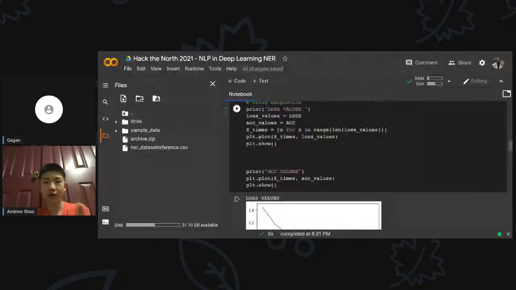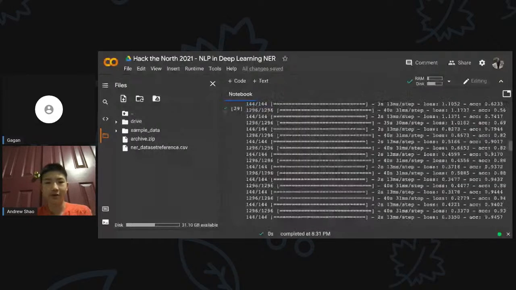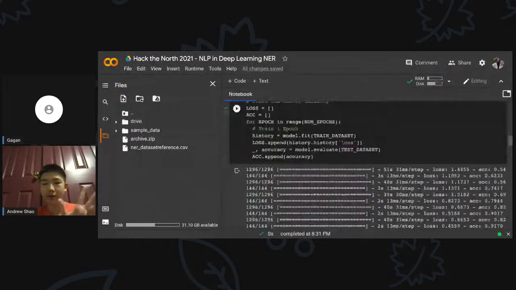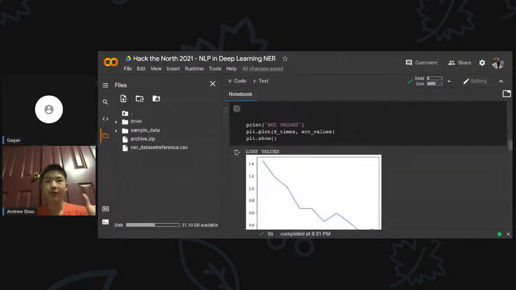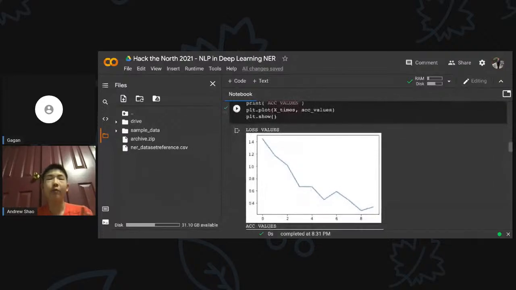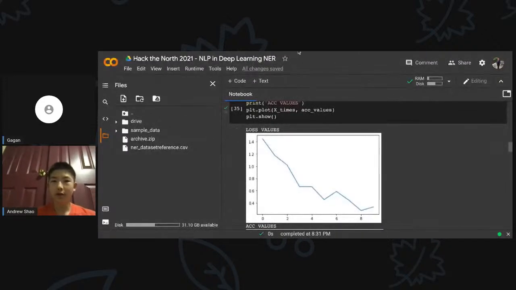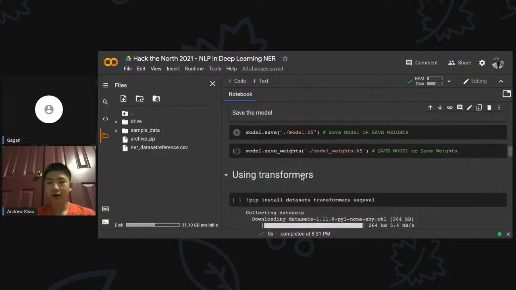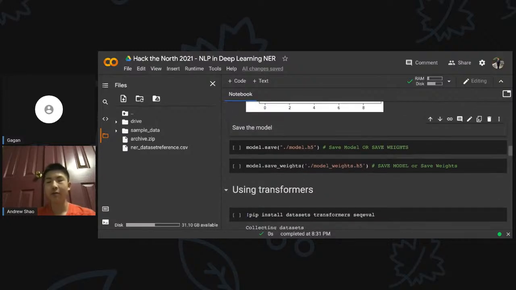The reason why I kept it so simple with a 32-dimensional LSTM is just so it could train in these 2 minutes. So Gagan's model is likely going to take a bit longer, but it will be more powerful. So hopefully, as I've analyzed a bit, I'm going to introduce one last concept, and hopefully by then, Gagan's model